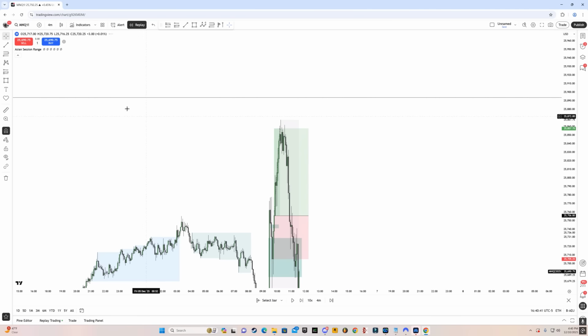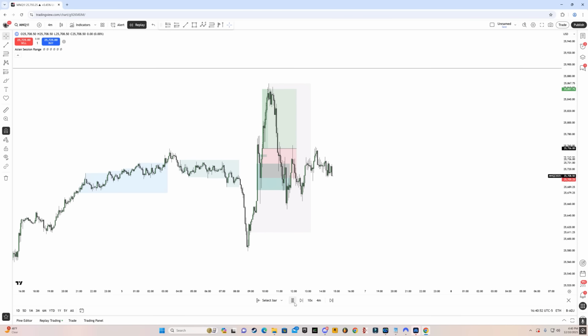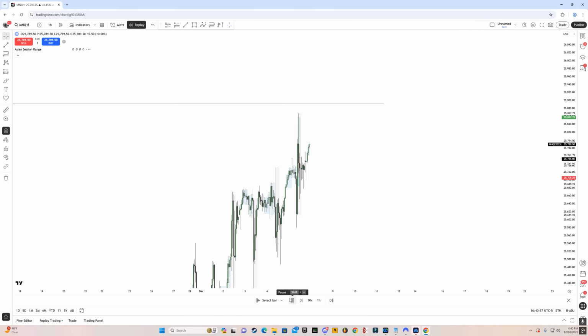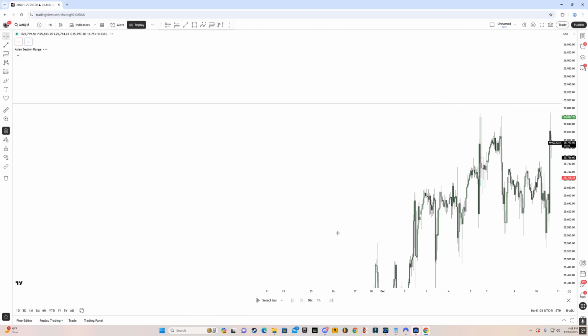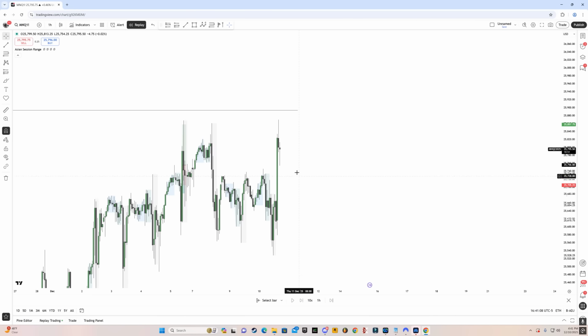But again, as I said before, price is not always going to go towards your original drawn liquidity right away. It's going to have pullbacks and stuff, right? So for example, we had a pullback over here, and then later on, price did eventually go towards that buy side. If I go to the replay mode, you will see that we did actually go up. We came back and swept this low. And right now, we are just pushing towards it. So for the next day, you can keep in mind that we might be heading towards this buy side liquidity that we have.